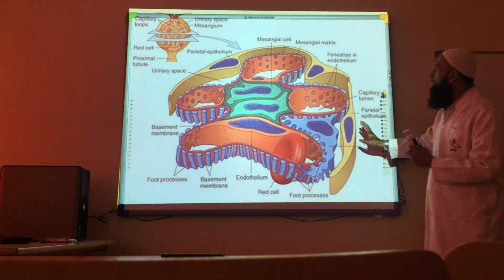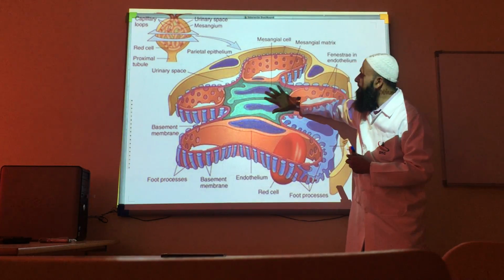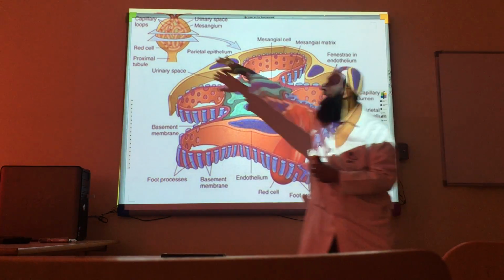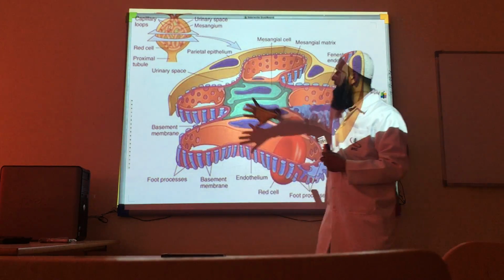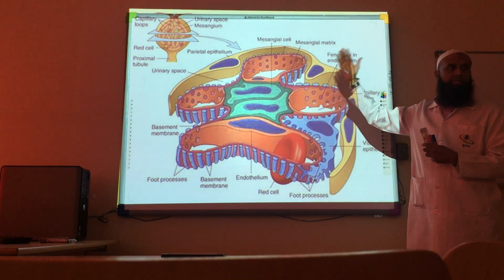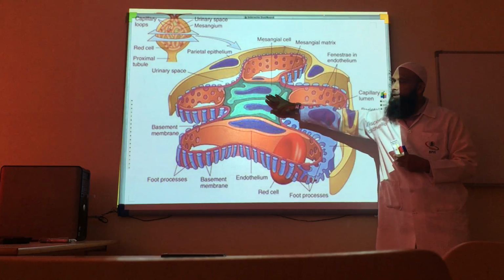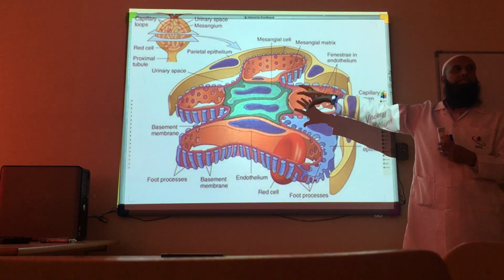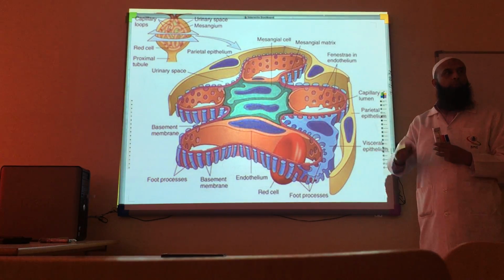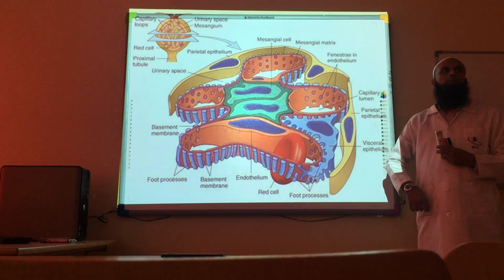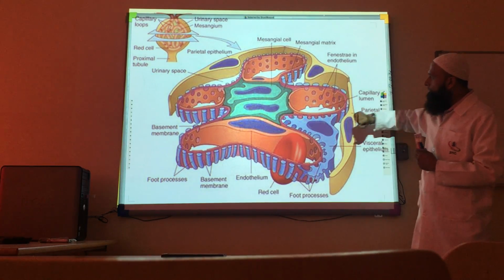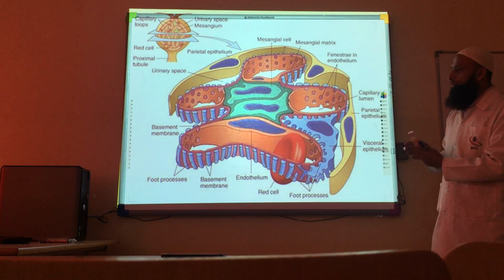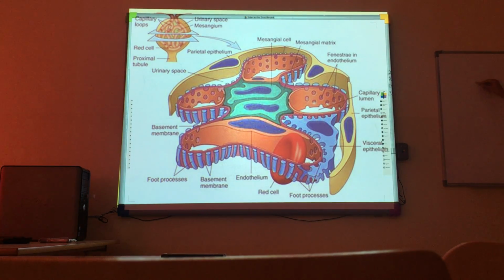So what is in the center of this glomerulus? They have cut this glomerulus at this level. You can see this is the cut section. What is in the center here? Mesangial cells. What is the function? Support of the glomeruli. Okay. Then you already know that,